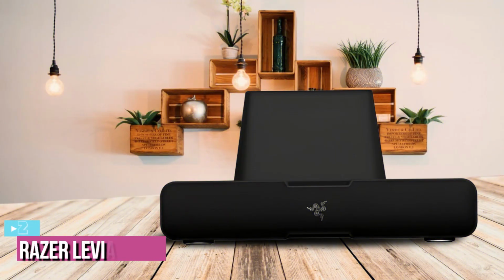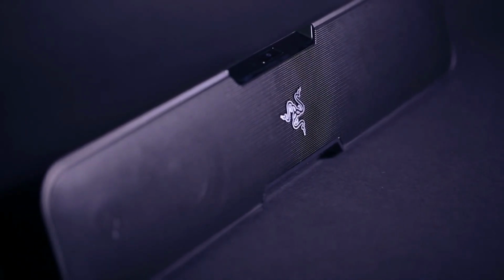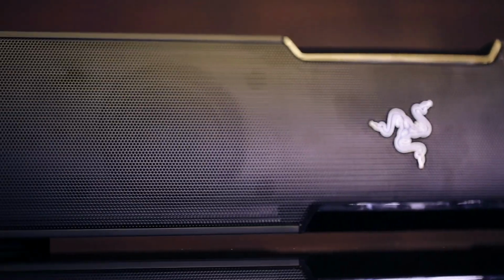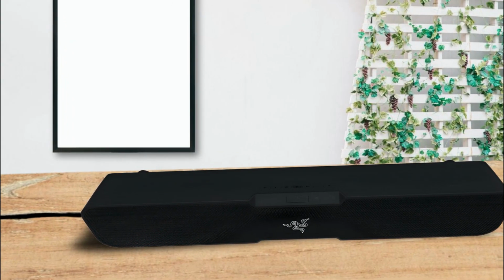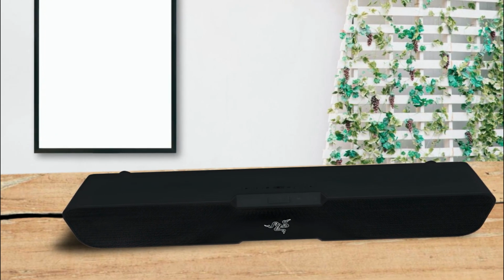At number 2, we've got the RAZER Leviathan 5.1-channel surround soundbar. The RAZER Leviathan 5.1-channel surround soundbar is our next contender for the best PC soundbar. Leviathan is quite acclaimed, but mythical beasts are pretty much a go-to in today's gaming-related products. Designed to be compact, the Leviathan size is 3.1 by 19.7 by 2.9 inches and 9.76 pounds in weight, and